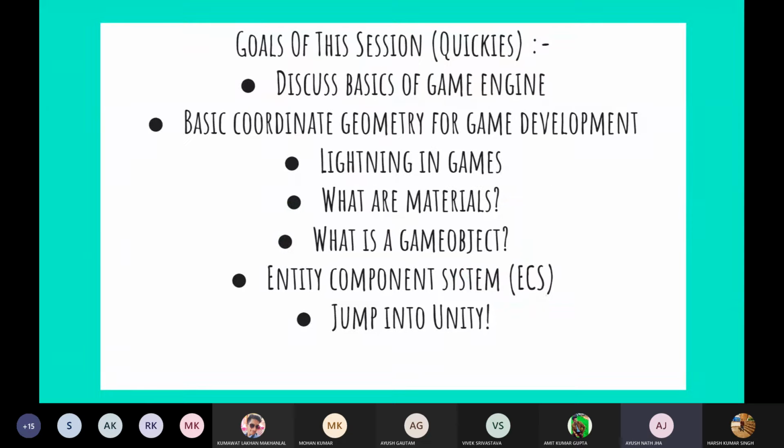The goal of this session is basically quickies. This slideshow will be very quick, approximately 20 to 25 minutes, since our main aim is to give hands-on practice on Unity today: how to work on the interface of Unity and what the basic controls are.